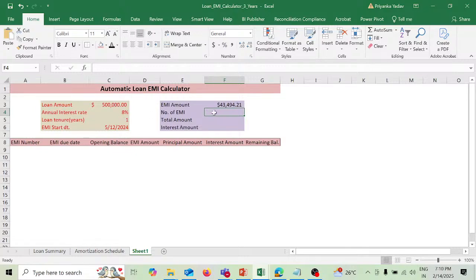So for 1 year this is the figure. Let's make it 3 for the time being. So this is the EMI amount. Now the number of EMIs over here, we have taken 3 years. This will be multiplied by 12 as we will be paying this each month. Then the total amount over here will be